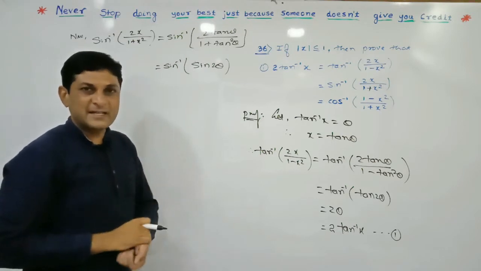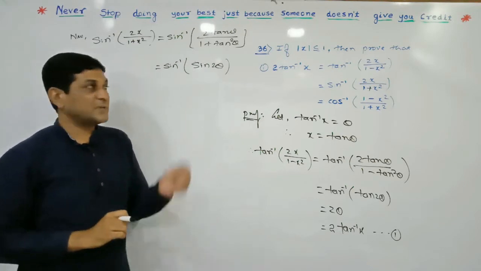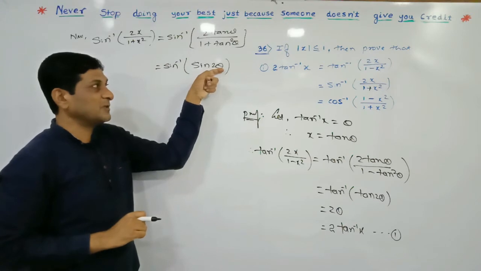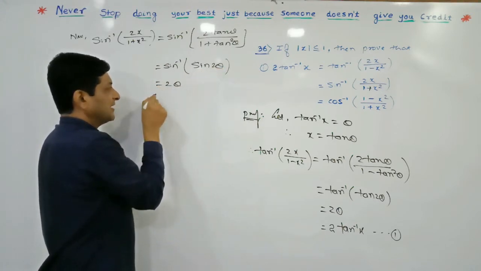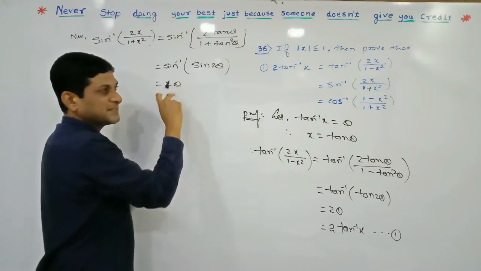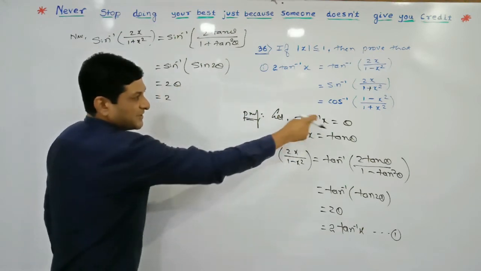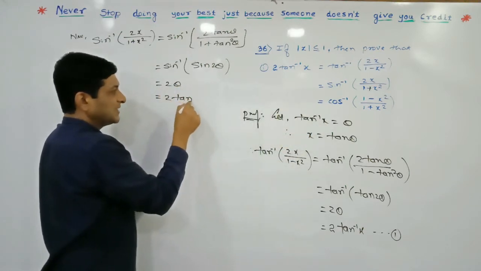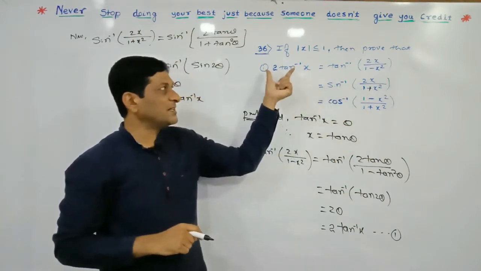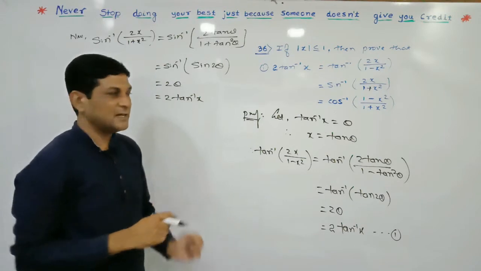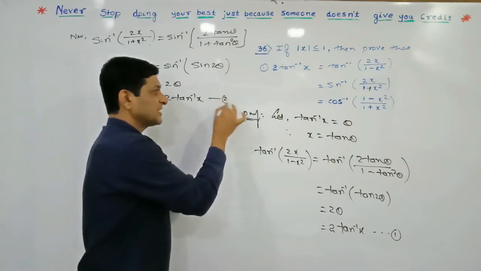Now we apply the property of inverse trigonometric functions, that sin inverse of sin x will be equal to x. What does x mean here? 2 theta. So 2, keep it as it is, and replace theta by its value. What is the value of theta? Tan inverse of x. In this way, considering the right hand side, we have shown that its value is equal to the left hand side, denoted by equation number 2.